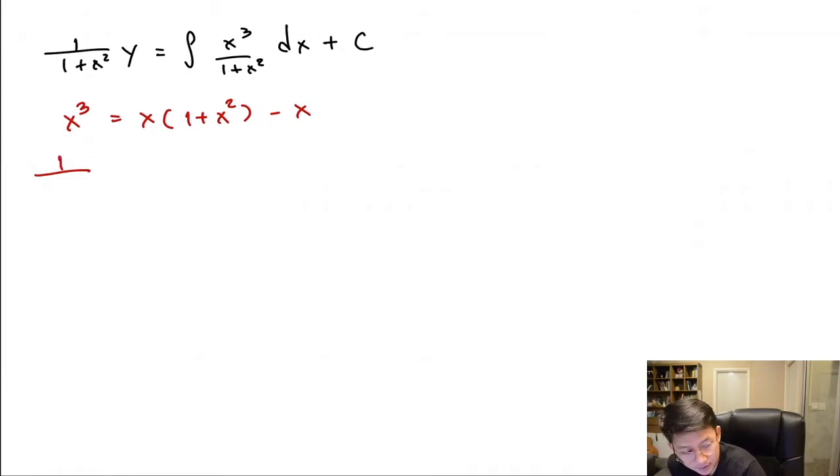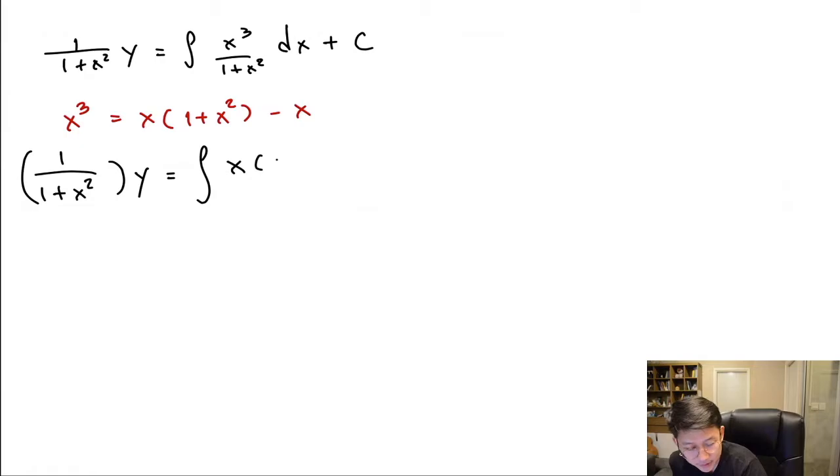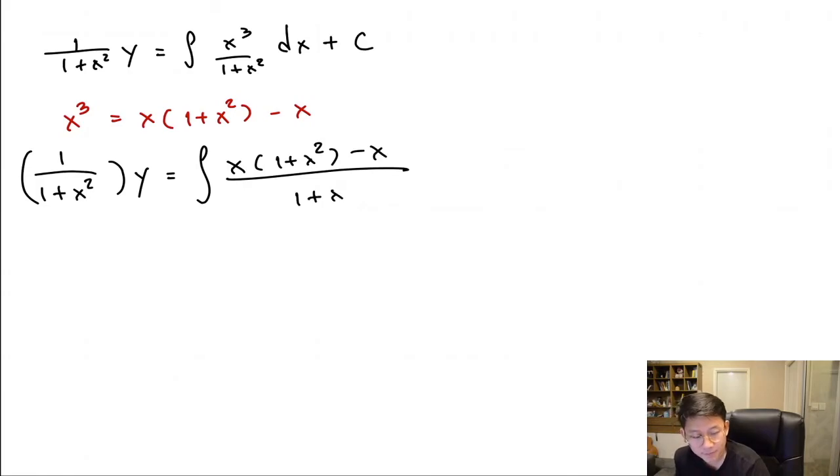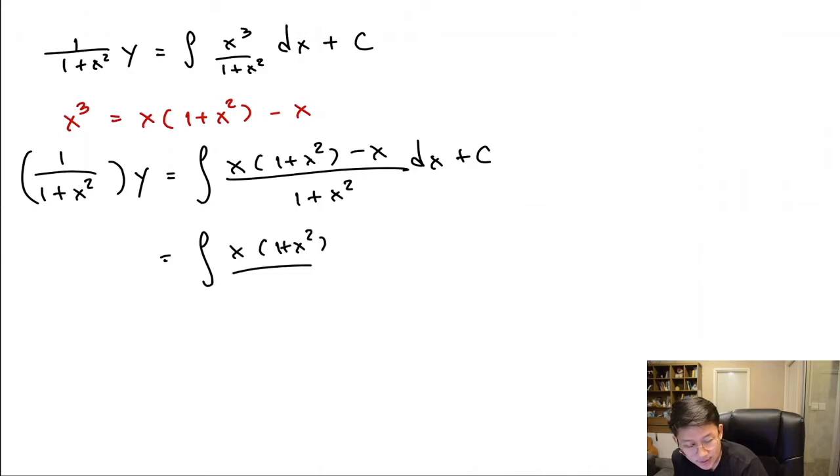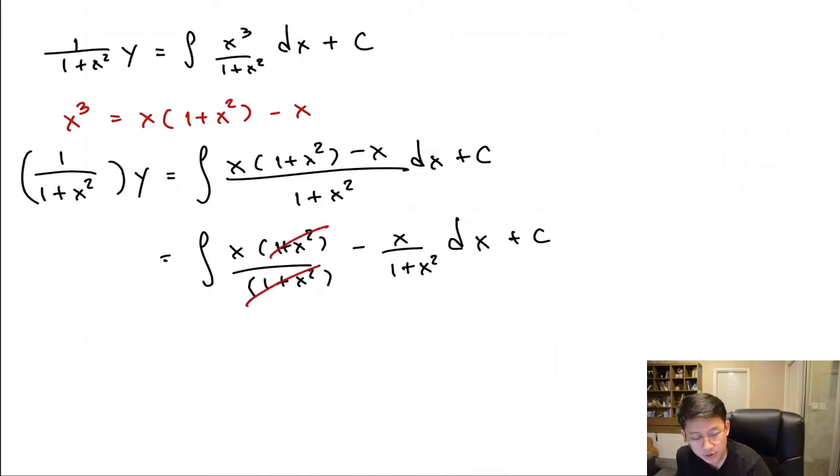Let's use the black ink. So y equals the integral of (x times (1 plus x squared) minus x) divided by (1 plus x squared) dx plus c. Oh, sorry, dx plus c. And these cancel out. So you actually have x squared divided by 2, right? Minus,